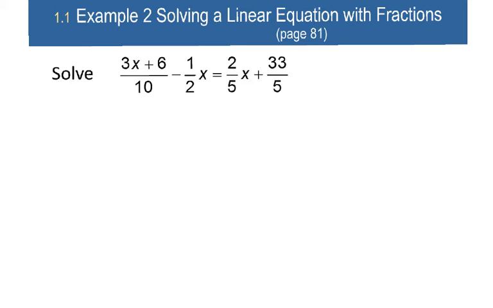So, multiplying by that least common denominator, let's find it first. Our LCD is going to be, look at this value right here. We have a 10, 2, 5, and then another 5. To me, what I see is 2 times 5, that's 10. So our least common denominator here is going to be 10. Now multiply both sides of the equation by 10